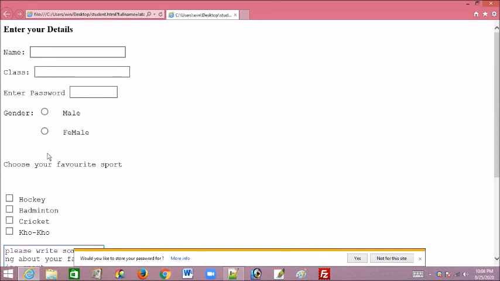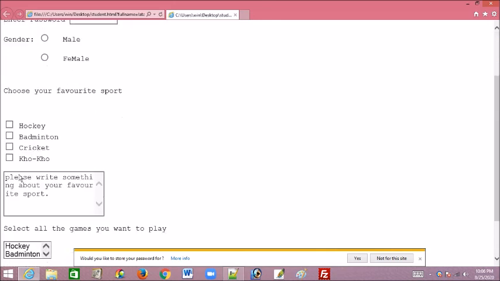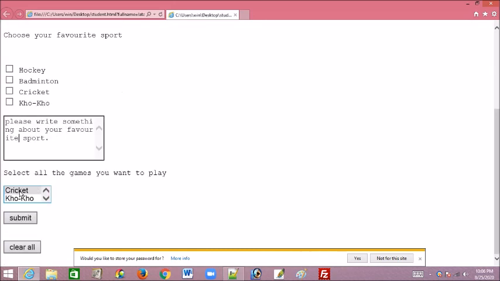This is how we have to make the form, and these are what we are collecting through input tags, and these are radio buttons, and these are check boxes. This is the text area, this is the selection list, and these two are buttons. Okay, I hope you understand all these things.